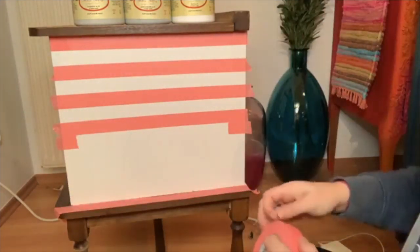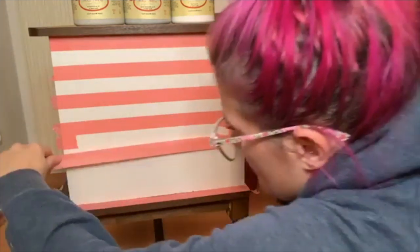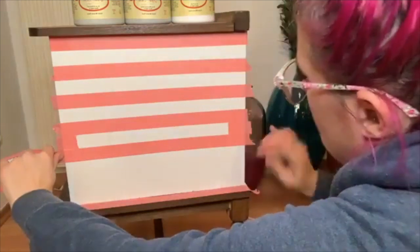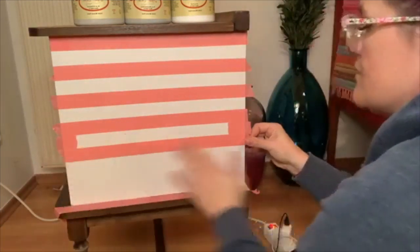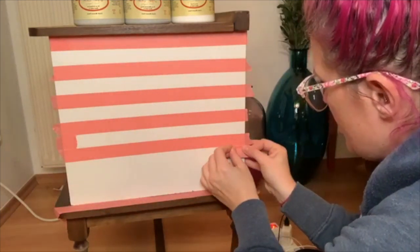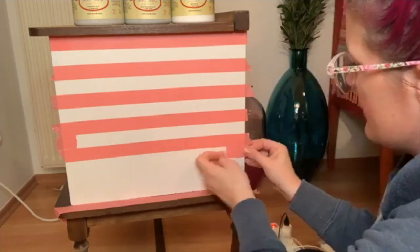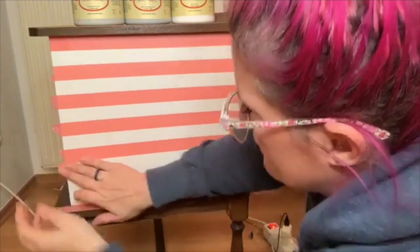So we're going to go across, and we're going to push it down. Remember, we're going to burnish this. Again, this is going to be rustic, so I'm not super concerned. I'm going to try, so this is for my friend. She doesn't know what I'm doing. She just lets me do whatever I want, which is